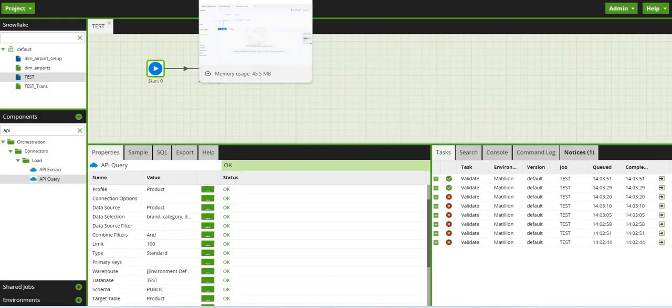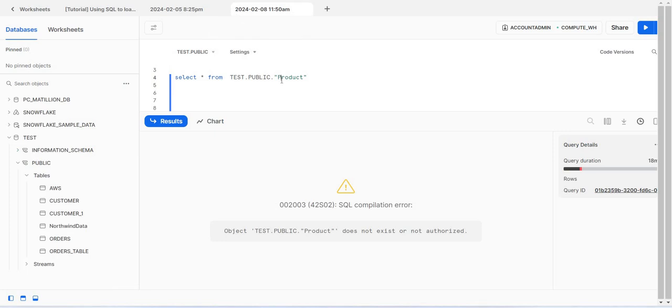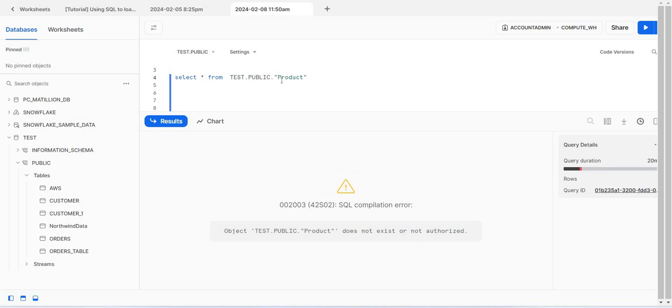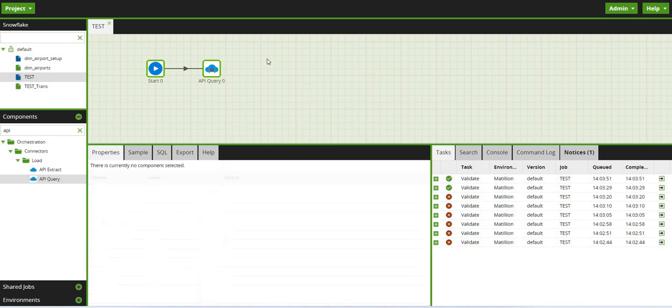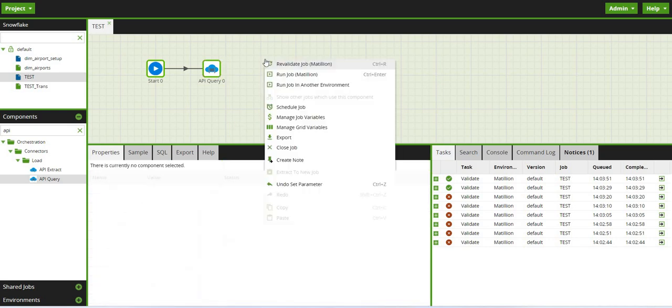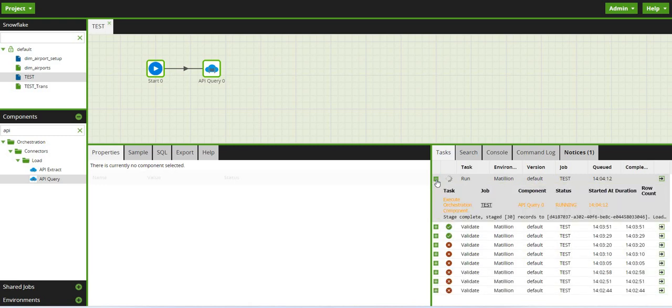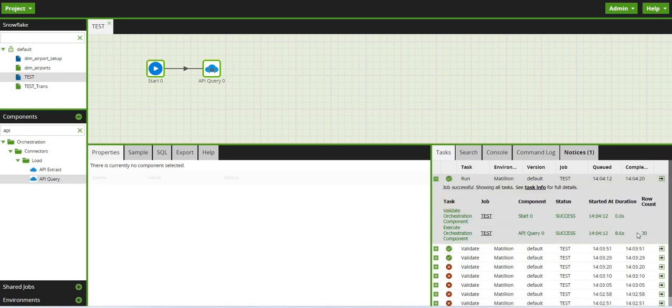Now I wanted to check whether there is any table or data available in Snowflake. There is no table available, so it is not showing data. So let's run this component. I'll execute this one. Run. You can see 30 rows loaded.